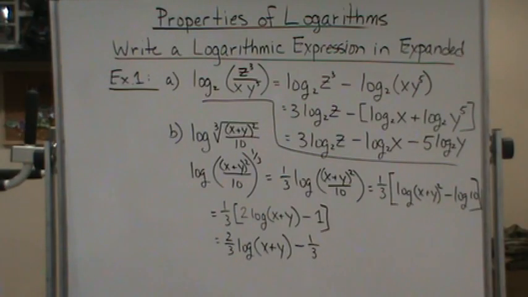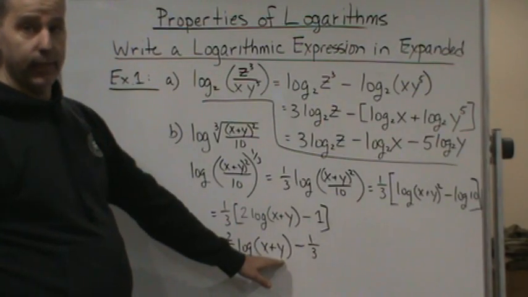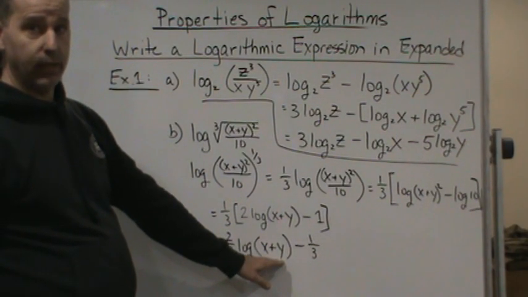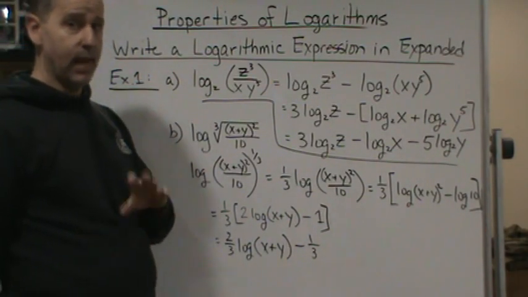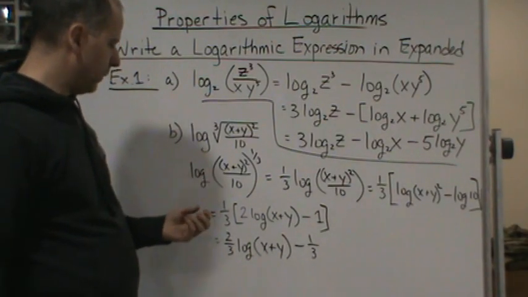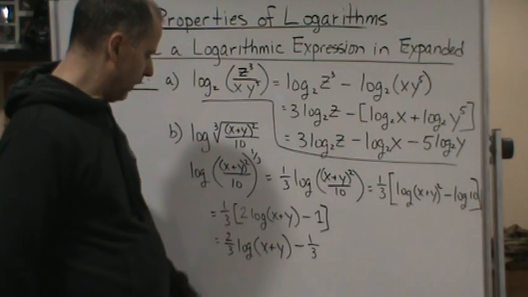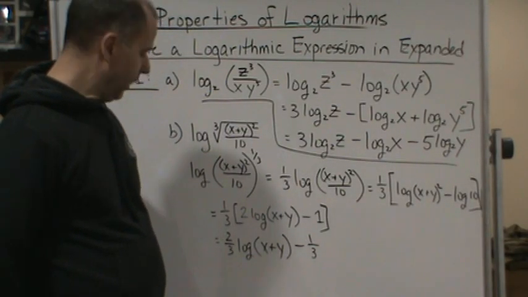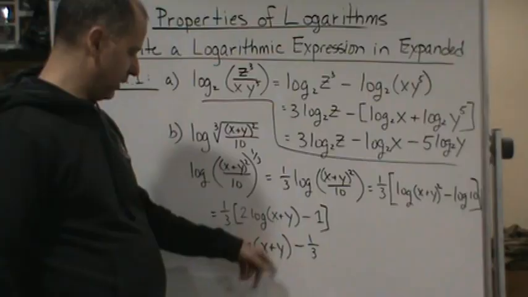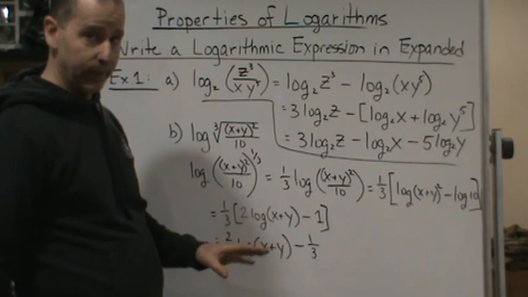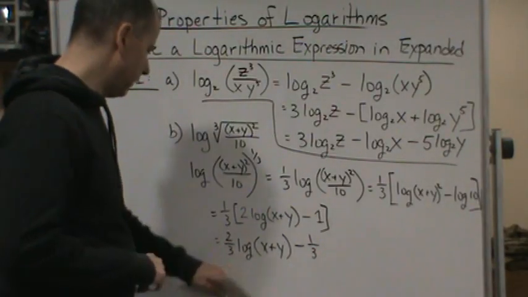And one thing I want to bring your attention to is we can't do anything with the argument here as a sum, okay? There's nothing we can do there. Remember, it's the product property, not the sum property. So with this product property, we can split it into a sum of logs, but if we have a sum inside the argument, there's nothing we can do with that. The same goes if it was a subtraction, right? Addition or subtraction in here, we can't split that up in any way. We can't expand it any further, okay? So this would be the final answer